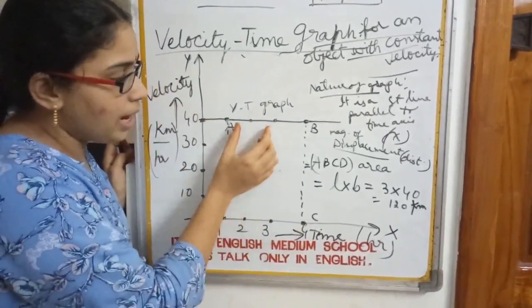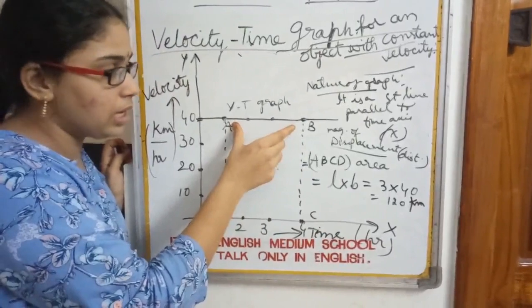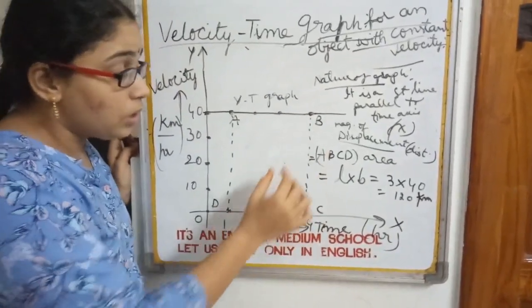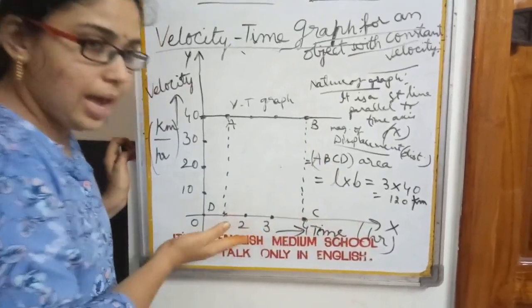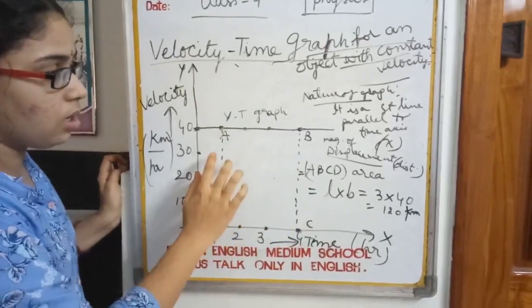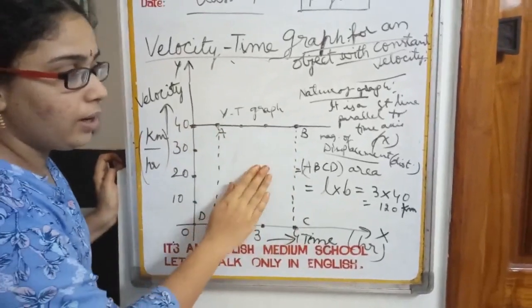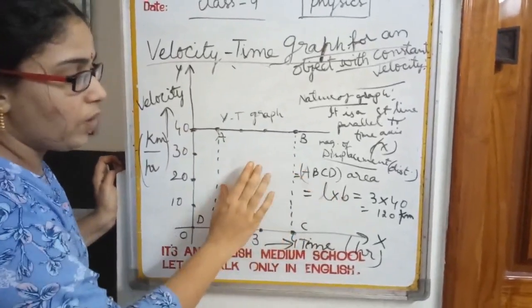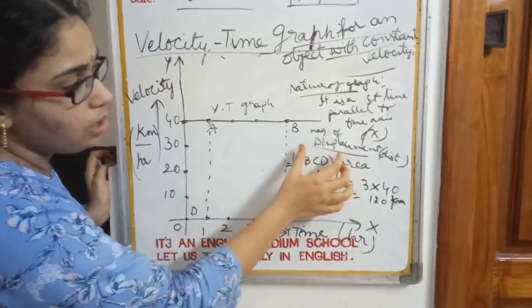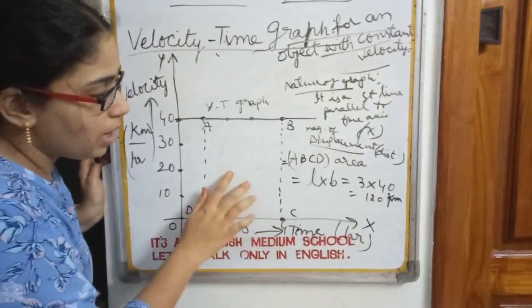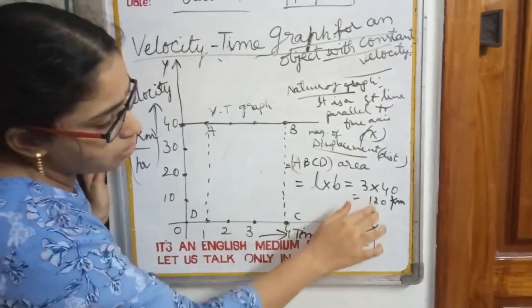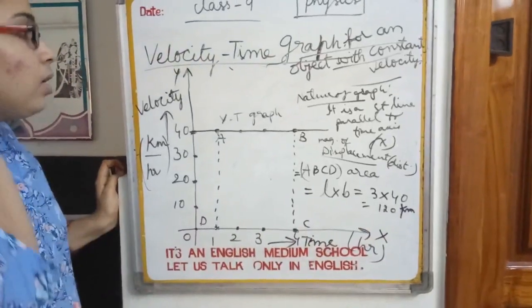Here I considered only a small portion of this graph, that is AB, okay, and I had drawn two perpendiculars to the x-axis from those two points, and finally I got a closed figure, that is ABCD, and it is like a rectangle. So whenever we find the area, that becomes equal to the magnitude of displacement. The area of a rectangle is L into B, and this is the L value and this is the B value. So I got it, okay.